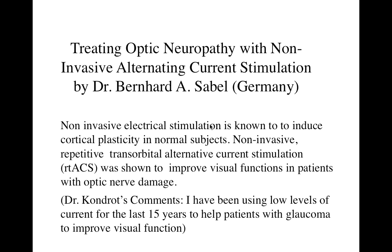Dr. Bernhard Sabel from Germany presented an article treating optic neuropathy with microcurrent. He called it non-invasive alternating current stimulation, which is another way of describing microcurrent. And his study showed that this current did improve visual function in patients with optic nerve damage. So this was a very, very exciting meeting for me, and I'm really happy to hear that one of the